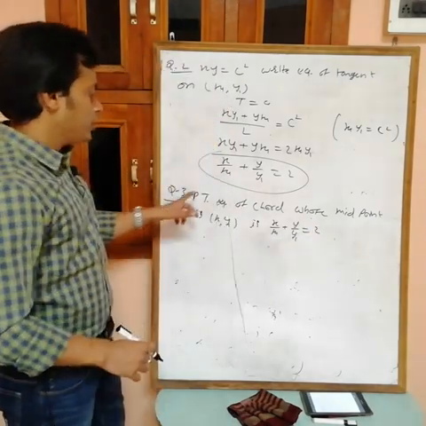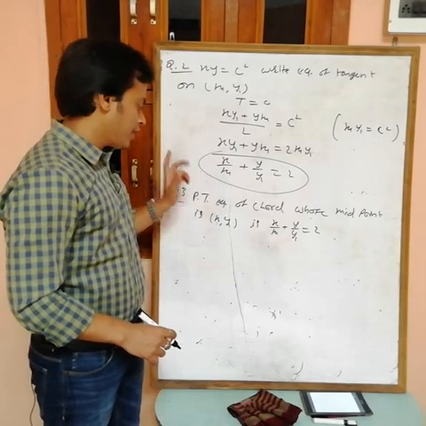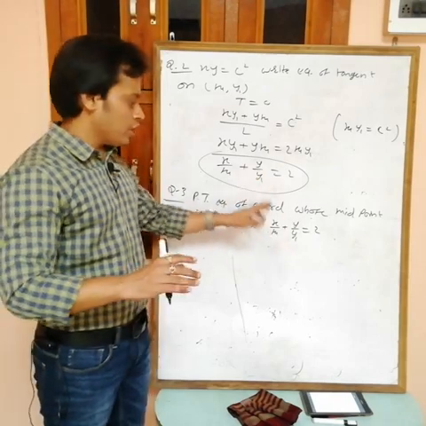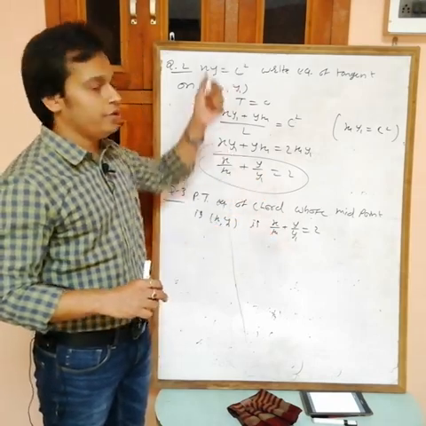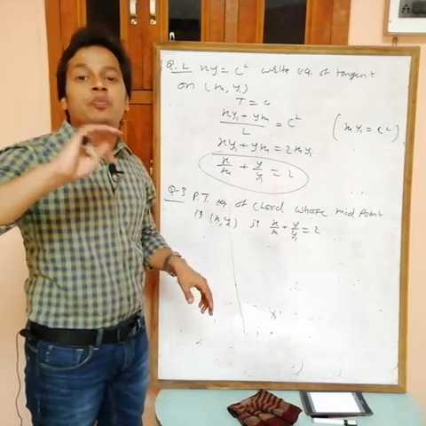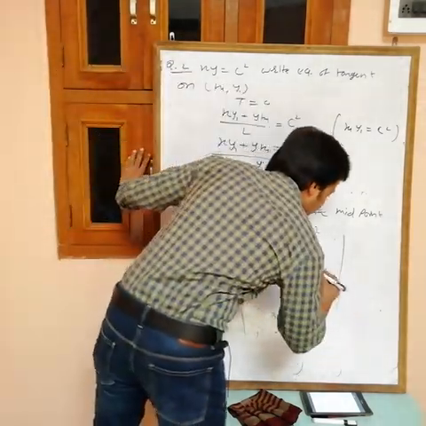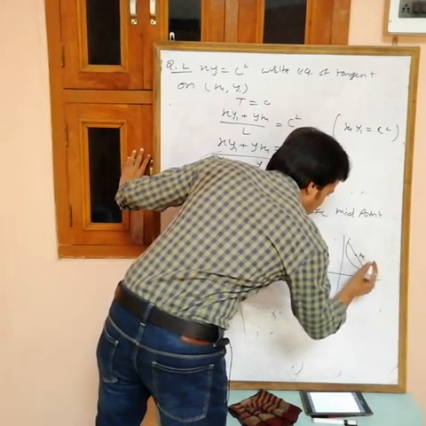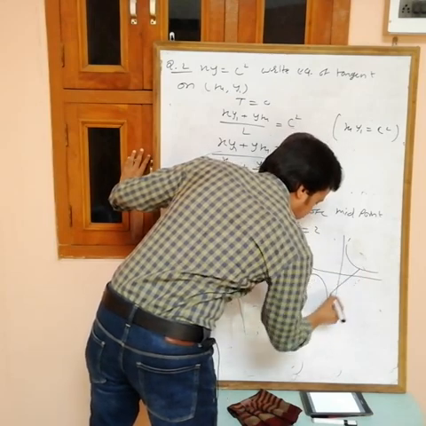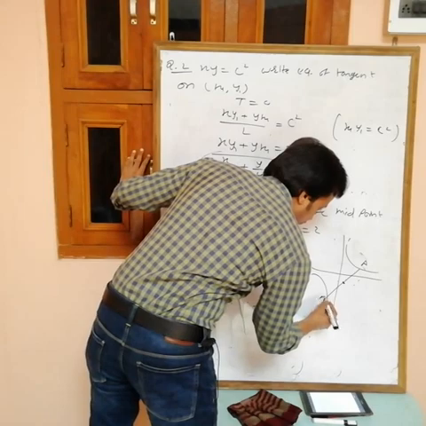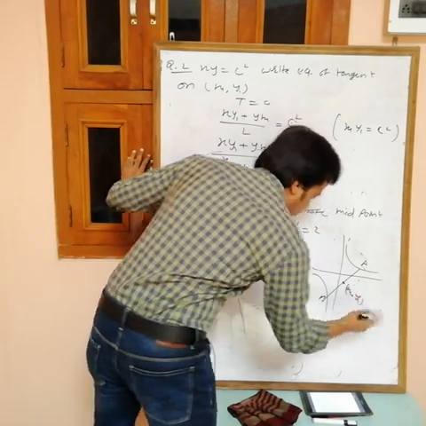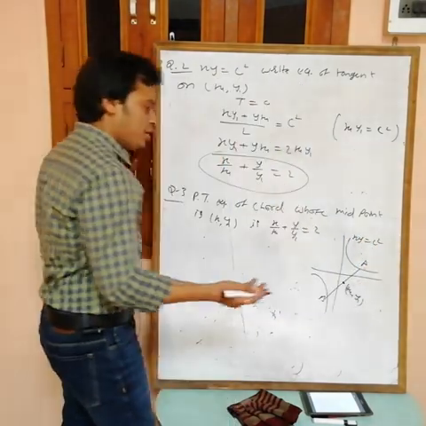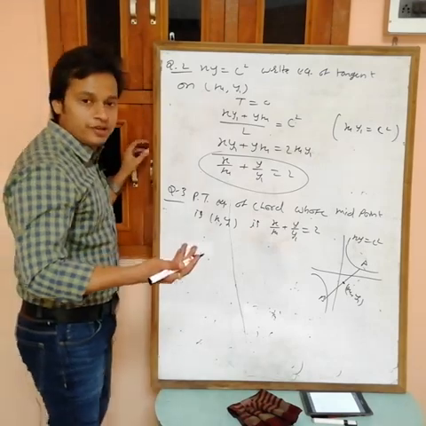Now I want to prove that the equation of the chord whose midpoint is x1 comma y1 is x by x1 plus y by y1 equals 2. It looks the same, but both are not the same, because in the tangent case x1 comma y1 lies on the curve, and in this one x1 comma y1 is the midpoint of the chord. Suppose this is the hyperbola and this is the chord, and the midpoint is x1 comma y1. You can also take a chord like this one, with midpoint x1 comma y1, and you want the equation of AB. The equation of the curve is xy equals c square. Now it is simple: the equation of a chord whose midpoint is given, we can use now.